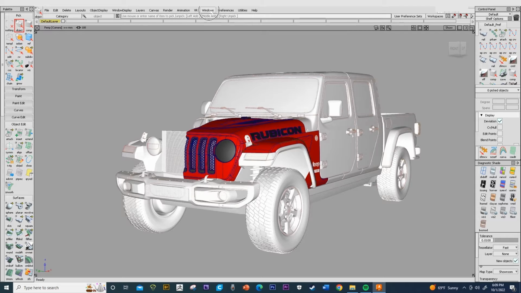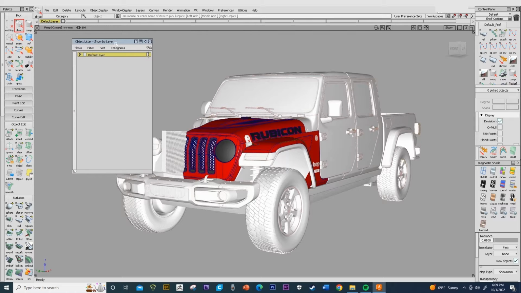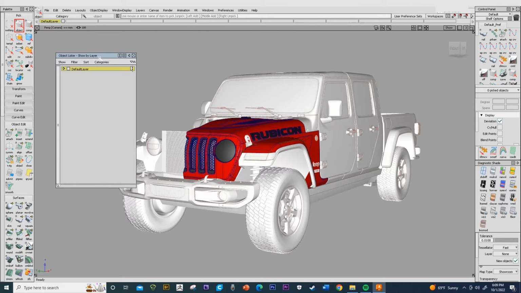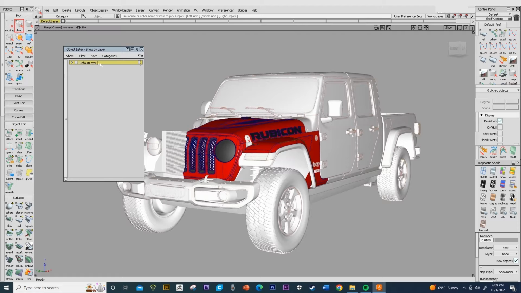If we come up here to the top, you'll see it says Windows. We'll go to Object Lister. Windows, Object Lister, and all we got to do is select it. Once you select it, you'll see it opens the box here and it says default layer, and by default when you're making things right now they're all going into that layer, but we want to make a couple new layers